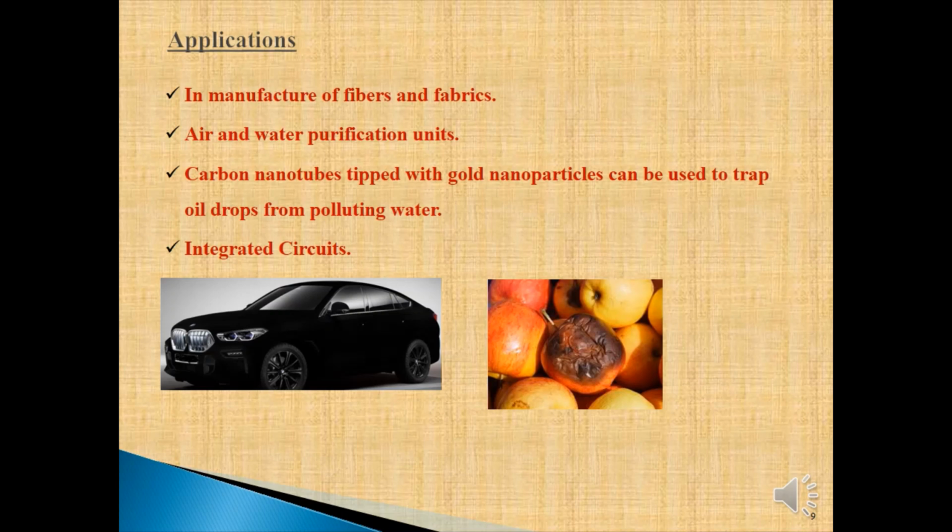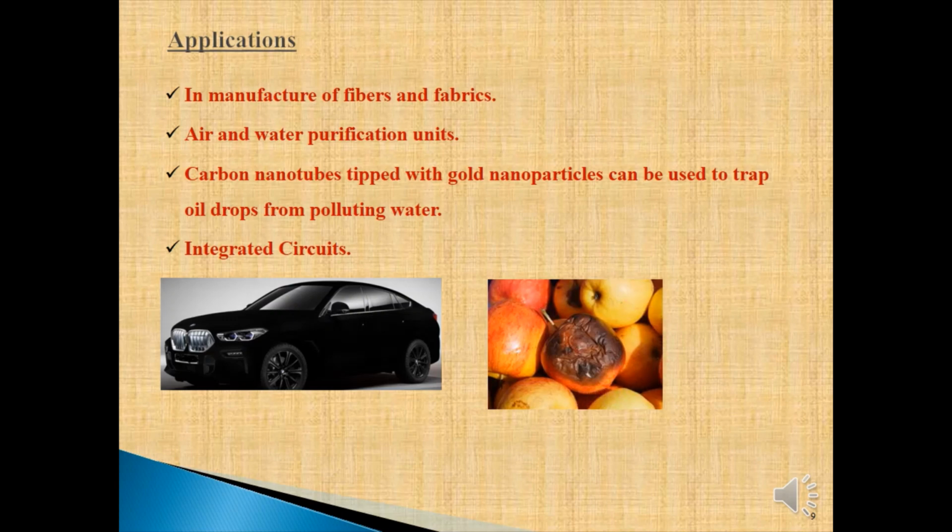Another important use of carbon nanotubes is if one is fond of black-coated cars. Carbon nanotubes can be used in the preparation of the world's finest black-coated cars. You can see in the diagram, we can prepare a black-coated car which is very fine compared to any other quality of coat. They are also used in preparation of ethylene-based carbon nanotube sensors which can identify the spoilage of fruits or vegetables. So these are the important applications of carbon nanotubes.